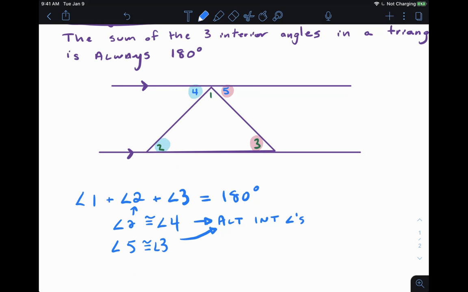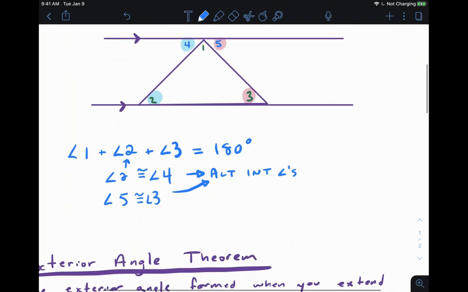We've shown that angle 1 plus angle 2 plus angle 3, which are the three angles that make up the triangle, will add up to 180 degrees. Now, this is very informally done. When we see proofs next year, we're going to be doing the statement reasons tables that you've probably seen in the past, maybe very briefly. But this is just describing where this proof comes from, all based on alternate interior angles.